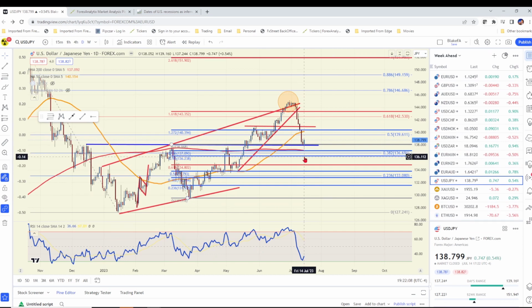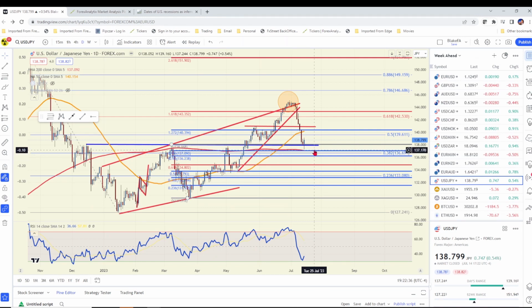The thing about Thursday night or Friday morning, we have Japan national CPI, and it could be a market mover since there are so many traders right now and institutions that are starting to anticipate that the Bank of Japan could make a shift in their yield curve control. That is something that could obviously move the market, especially if that inflation data comes in a little hotter than expected.